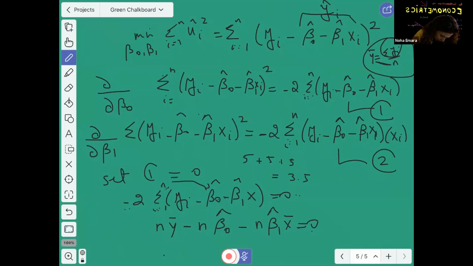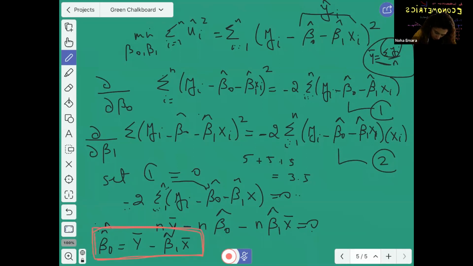So if you divide by n, just to try to solve for beta naught, divide by n and then solve for beta naught, you will find that beta hat naught is equal to, and this is very important, y bar minus beta hat 1 x bar. So this is our first important result. Our first important result is basically saying that if you give me a data set and you ask me to